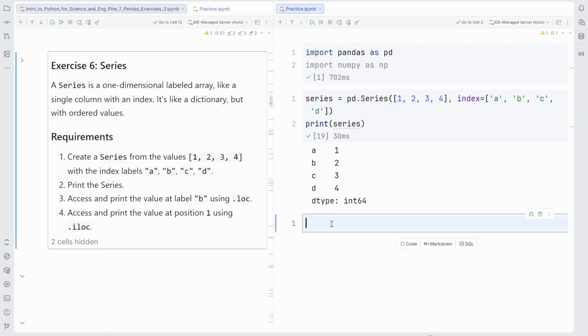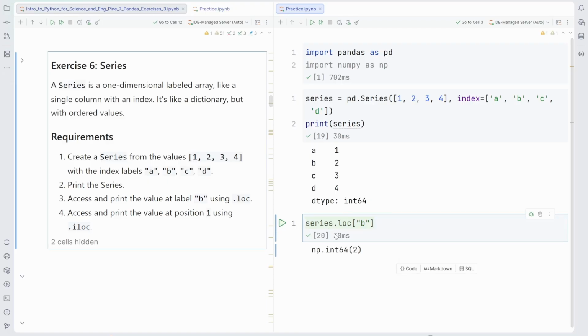And let's now go to locate the values in the series using loc at label B. Okay, this is the value 2 at label B,